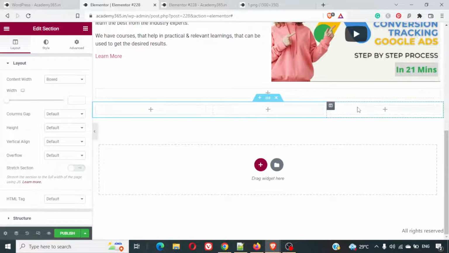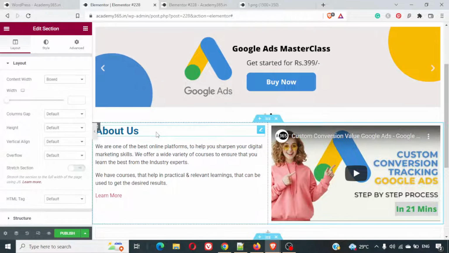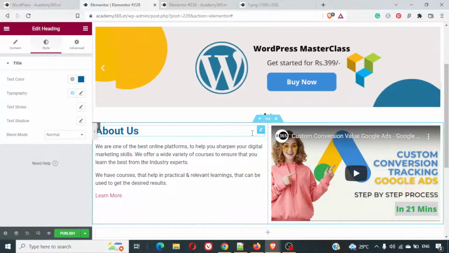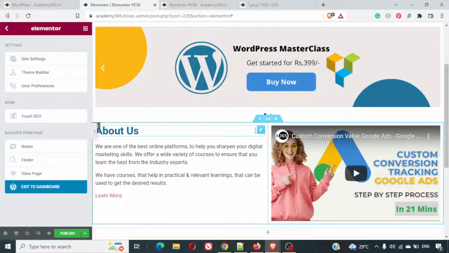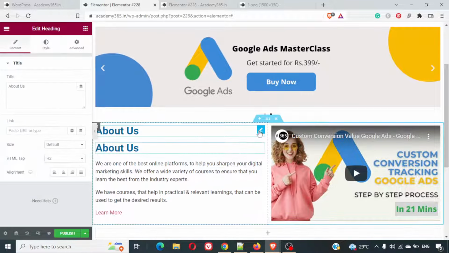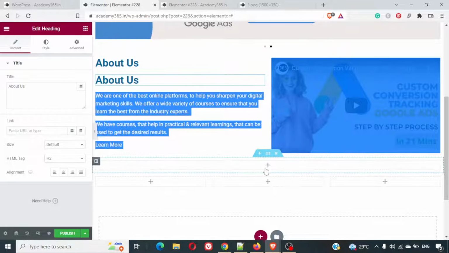So these three sections will have the why choose us stuff. Now the heading, I want to have a consistent heading across the website. So what I'll do is I'll just click on this about us, and I'll just click here in the edit side. I'll copy Control C and Control V. So I've simply replicated the headline heading which is there,